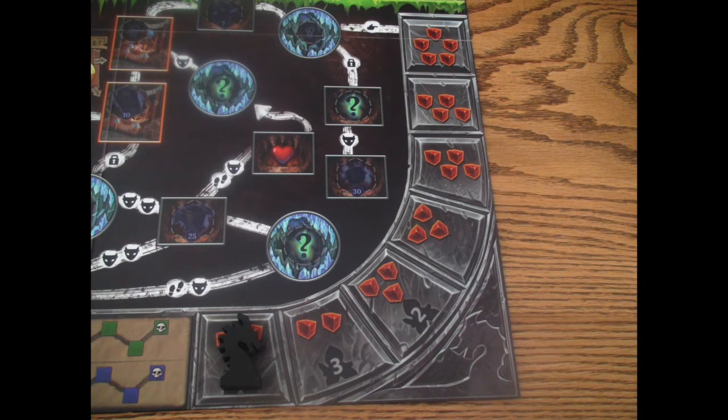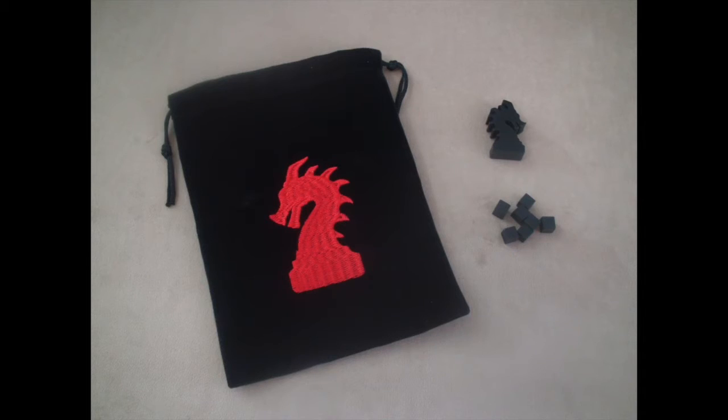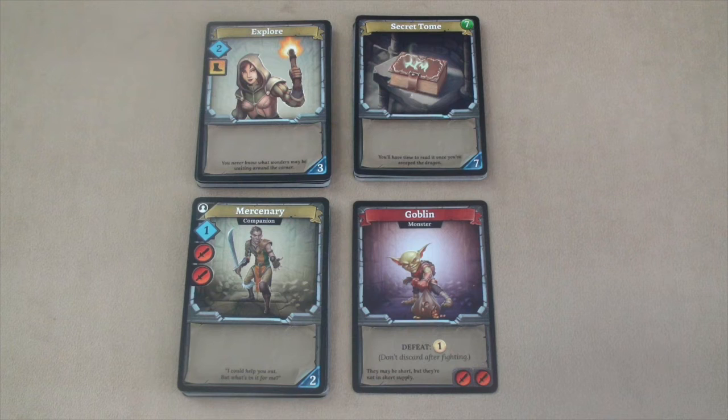Place the black dragon marker on the rage track. In a 4-player game, place it on the first space, in a 3-player game on the second, and in a 2-player game, place it on the third space. Place the 24 black dragon cubes in the dragon bag and set the bag next to the game board. Place the Goblin Monster card in reserve next to the game board, along with the piles of Mercenary, Explore, and